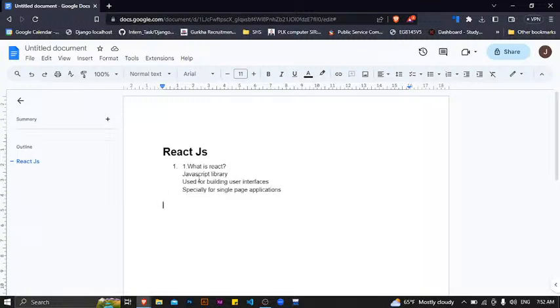So all these interfaces that you are seeing, like there's a document rename option, there's a file menu, a home button, and all these interfaces can be developed. Okay, I don't know that we can develop this kind of interface using React.js. And one other special feature of React.js is that this library helps the developers